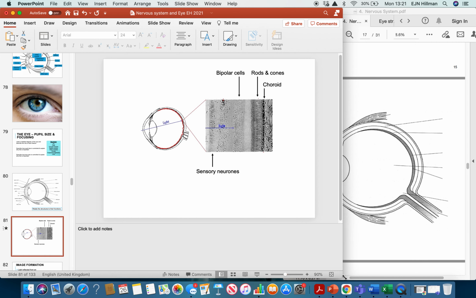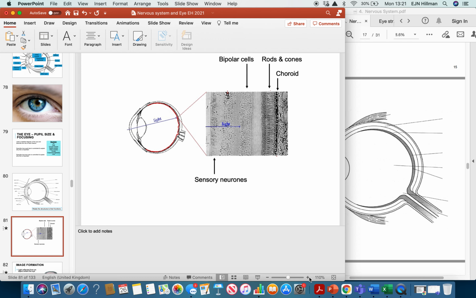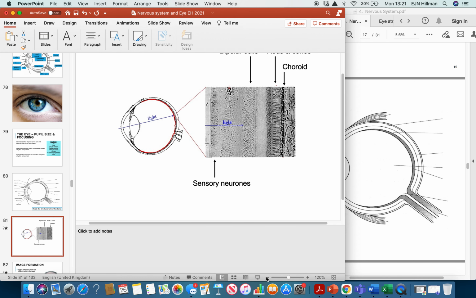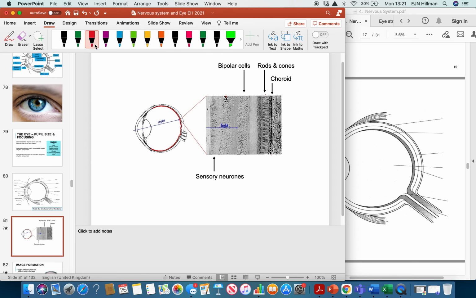So this diagram, let me just zoom in a little bit, shows how a beam of light will pass through first the cornea. Let me get my pen up. Okay, so through the cornea, through the lens, and be directed onto the